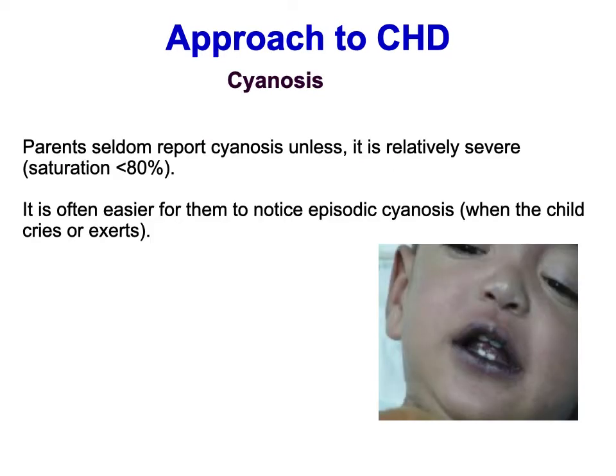So first is cyanosis. Cyanosis is one of the symptoms that is easily missed by the parents. Usually they feel that it is the normal color, and it is picked up more easily by the parents when it is episodic, that is, when the child is otherwise less cyanosed or slightly pinkish, and becomes blue during crying, because during crying the child is looked after more intently by the parents. Otherwise they seldom report cyanosis unless it is very severe, which implies a saturation to